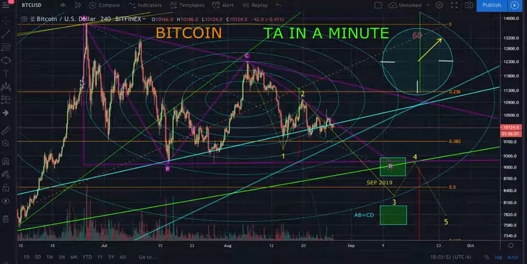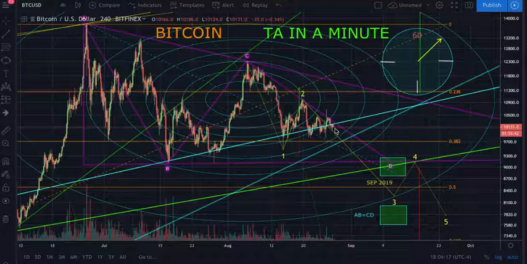So what we have here is we came to the top and then we bounced down, and we put from our A to B, and then from the next peak it's B to C, and then if you look from C to D, that would actually bring us down past this low that we put in here. I think this pattern right here is the same as this right here, and then I think we kind of just consolidated, but we're going to get that final push down.